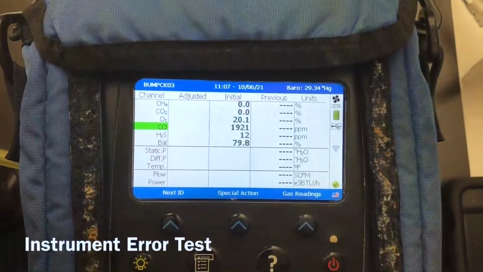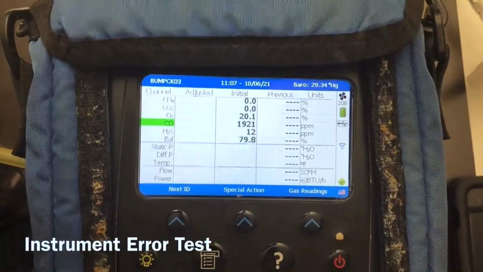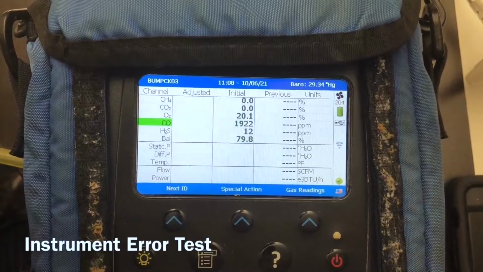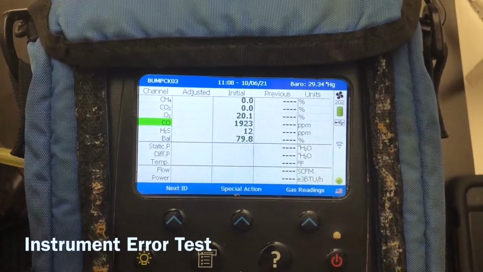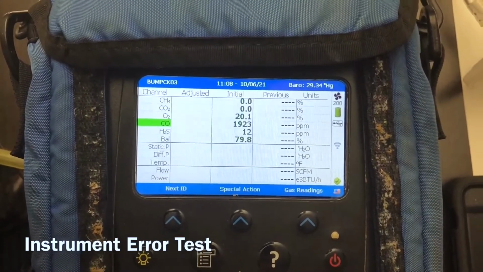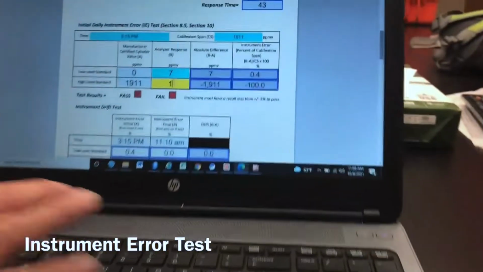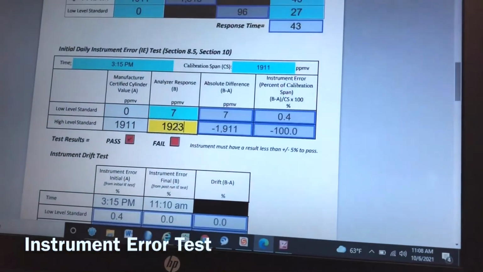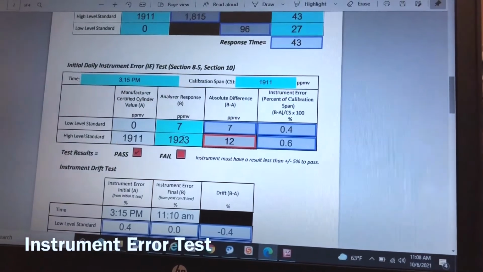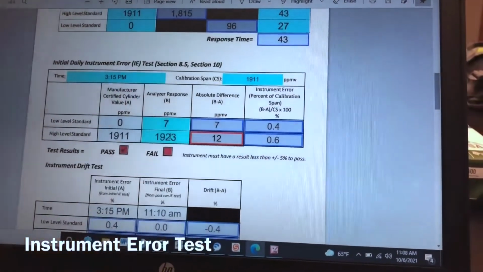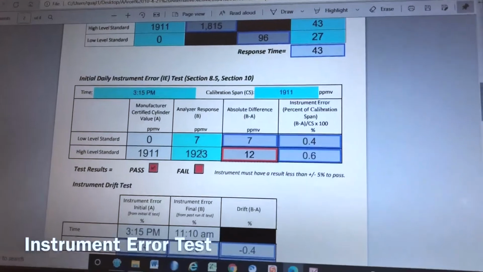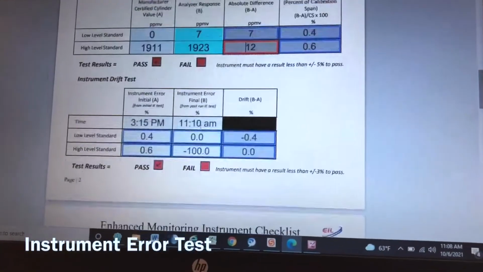Okay, so we've reached some stabilization with our CO. It looks like we're coming in around 1922, and that's the number we're going to use. 1923 we're going to use for our high-level standard reading. And that puts us within the 5% to pass this test. And now we can move on to